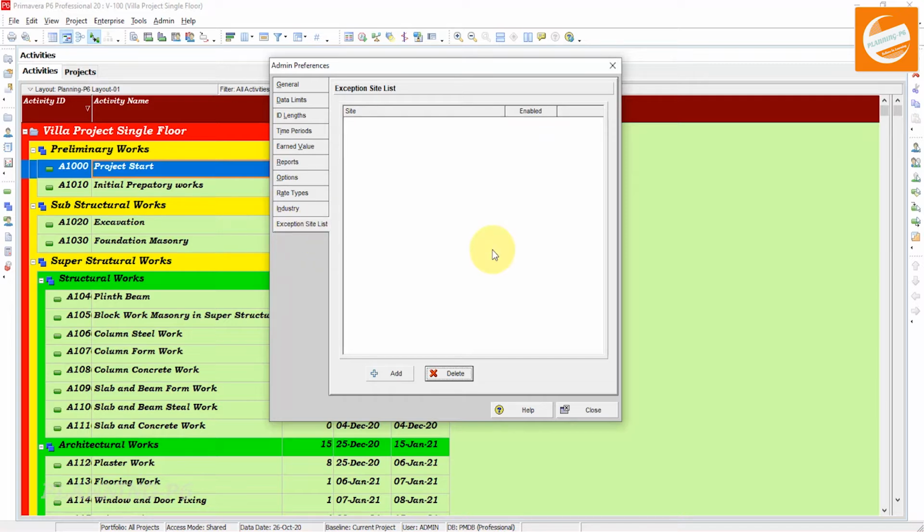site list. The exception site list tab enables you to specify a list of websites that users can launch when displayed in user defined fields, project websites, or notebook topics by double clicking on the website and selecting launch. For any text field in edit mode, the user can right click on the website and choose either launch or copy the site. I will show you how this function works and how you can customize this website list.